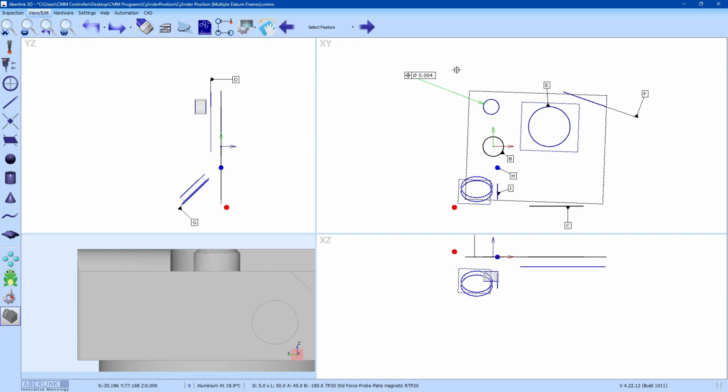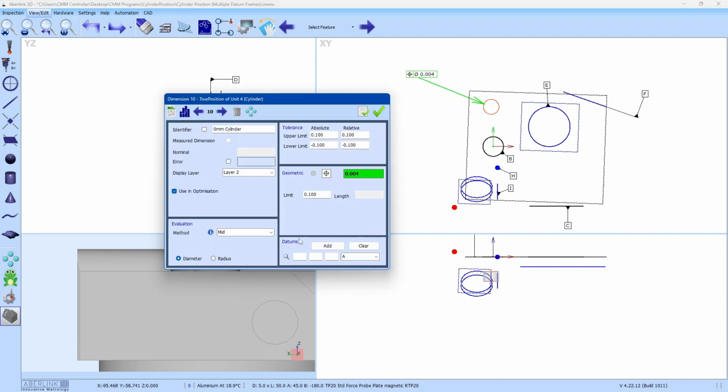I have done 3 different datum frames in this example, so we'll run through a few different scenarios. So firstly with this, if I right click on it, again in the datums box in the bottom right hand corner, if I click on the little magnifying glass icon, you can see this is stating it's using the reference system, so it's aligned through the references we've used in the program. However, we can add a datum frame. If we start to add a datum letter, it won't allow you to do an assessment until the full datum frame is constrained. So you'll see until I get A, B and C, which is a fully constrained datum system, it won't give me an evaluation.